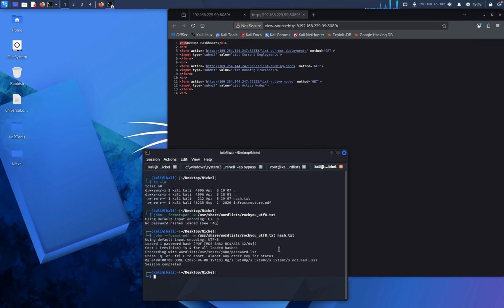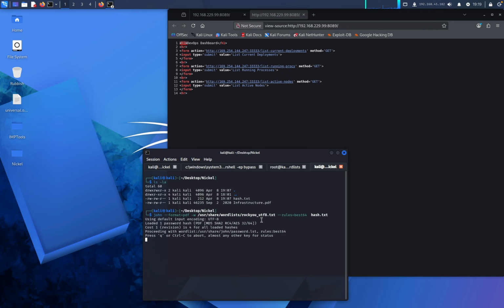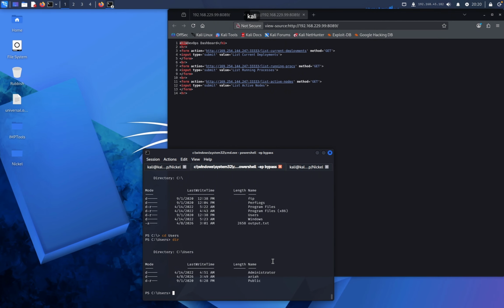And we don't get any printouts. Doesn't seem to be working as expected today. Let's try rerunning the command, but this time with rules enabled as well. Maybe that will give us a better result. Rules best64. Press enter. And we seem to be making some sort of progress here and still nothing. So now that we have failed at decrypting